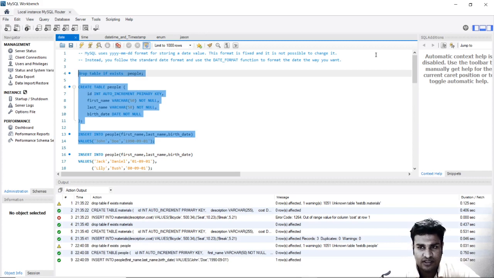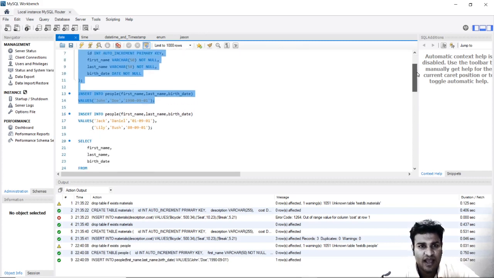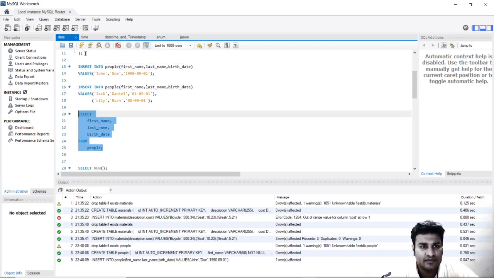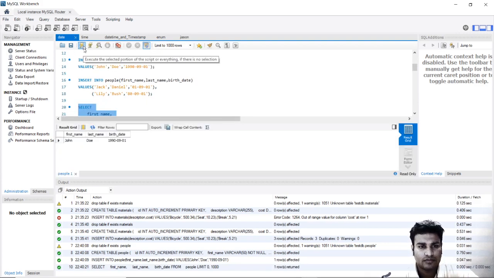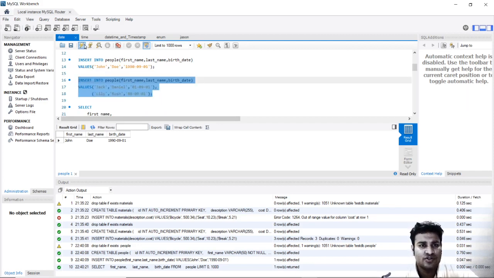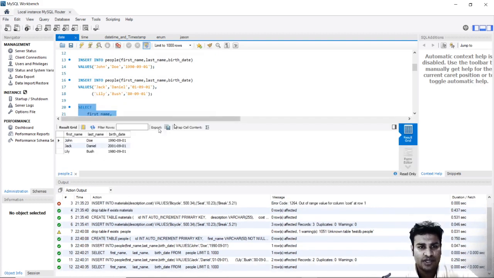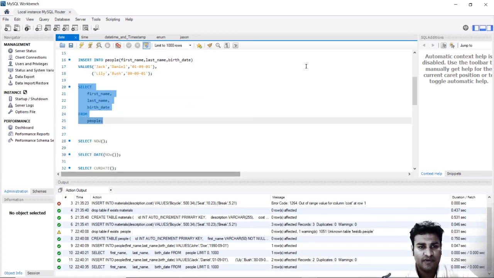You see that all these statements are run, and we have put the date over here, and now we will go ahead and see these fields. You can see John, Joy, and the date of birth is 190901, which is what we have fed. If you feed two more values and see them, we will have three rows over here. That is perfectly fine.